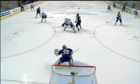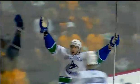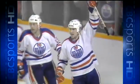And I was thinking about this, especially when Trotz brought up the Messier comparison. Let's go back to '84 when Mark Messier lifted the Oilers to their first Stanley Cup victory, going around Gord Dineen and Dennis Potvin and beating Billy Smith and winning the Conn Smythe. Maybe jumping ahead a little bit because it's only the second round, but...